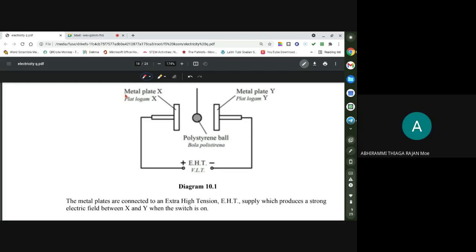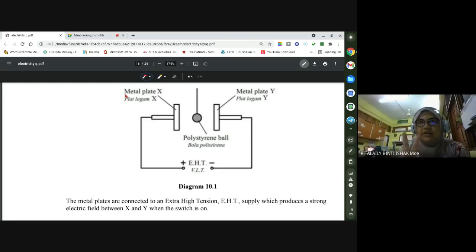Your answer has given 2 points. Number one, when it is switched on, the plate will be positively charged, and number two, when the polystyrene ball touches metal plate X, it will be positively charged. Okay, so 2 points. So the third point,